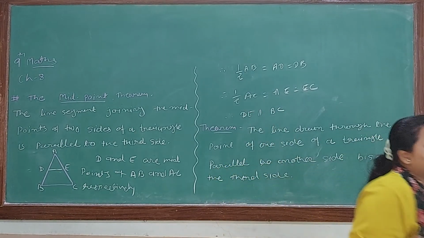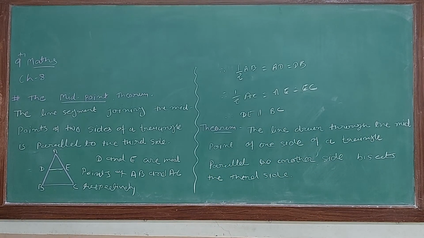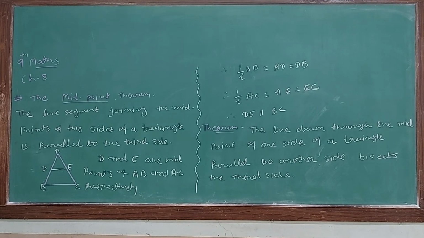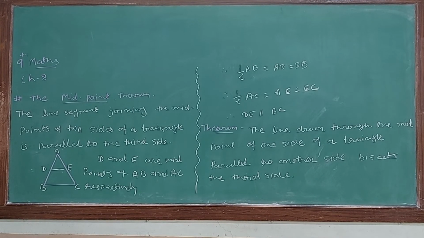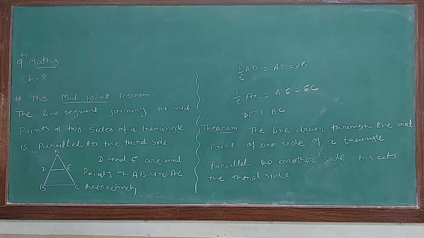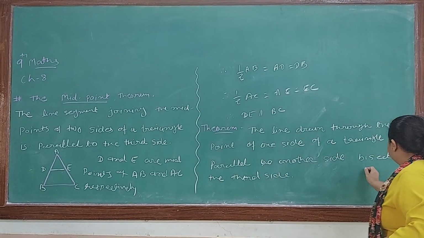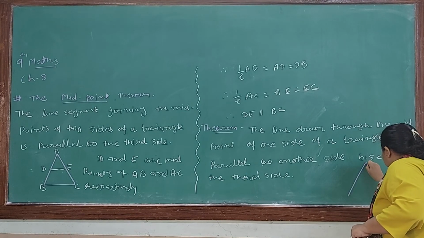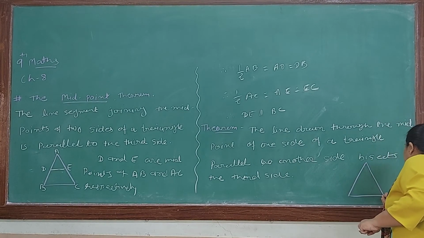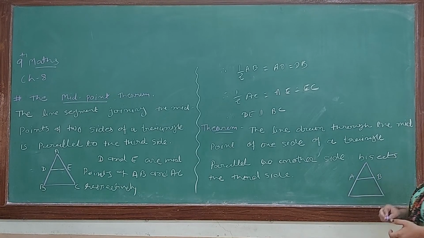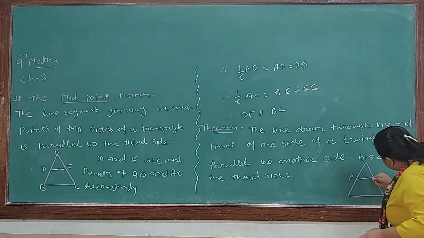Okay. The next theorem says the line drawn through the midpoint of one side of a triangle parallel to another side bisects the third. Now the same diagram we will use. See, suppose this is a triangle and the midpoints here are A and B. Now they are saying